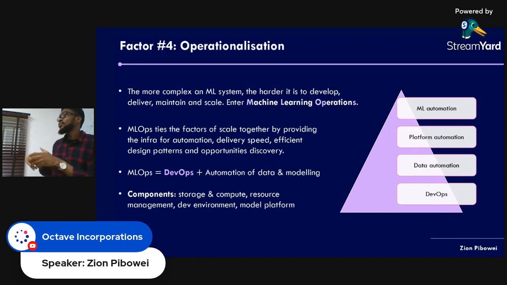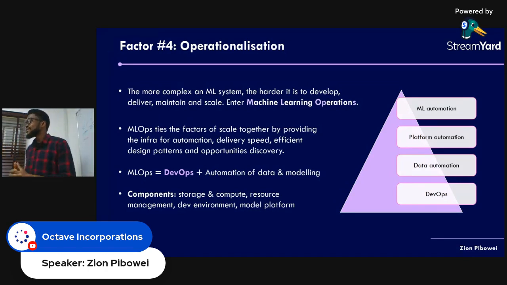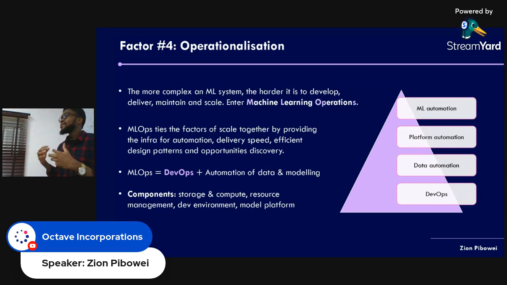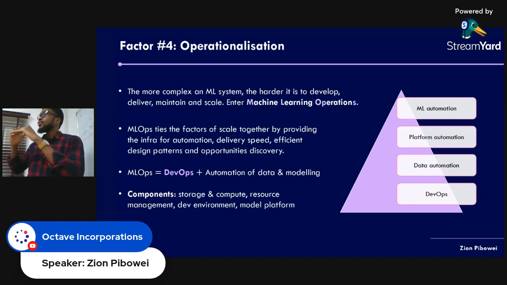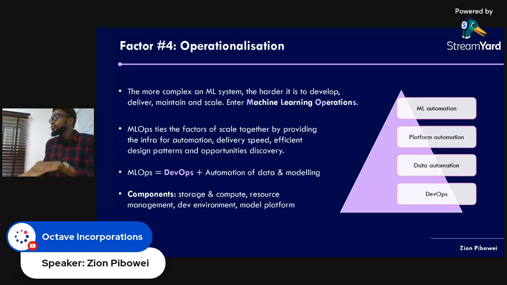Then we have the model platform. The model platform includes, when the model has been created, things around the model store, the feature store, and various things about the model artifacts. Now, the diagram to the right here is the MLOps hierarchy of needs. When we talk about the hierarchy of needs, especially from a data perspective, basically we're trying to create a hierarchy of what are the most important things in that space, and how those most important things build upon earlier, smaller pieces at the bottom.